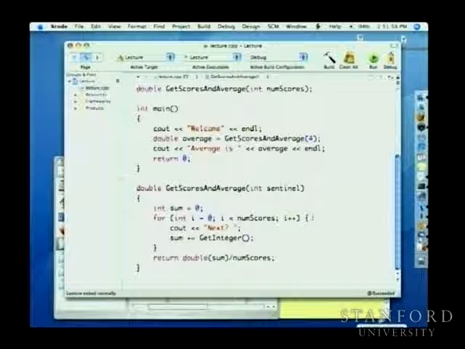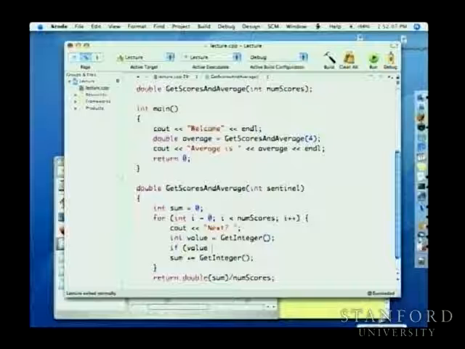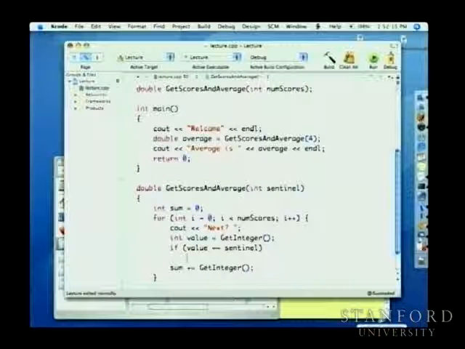Okay, so let's take a look at what that's going to look like. I'm going to get the value here. So I'm going to change my code a little bit. And then if the value is the sentinel, then I don't want to include it in the sum, and otherwise I do. So maybe we'll do this. We'll say if the value